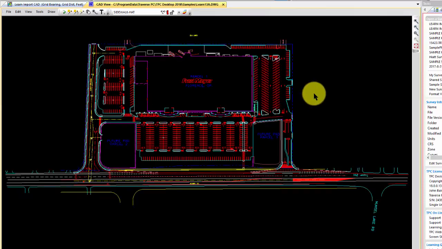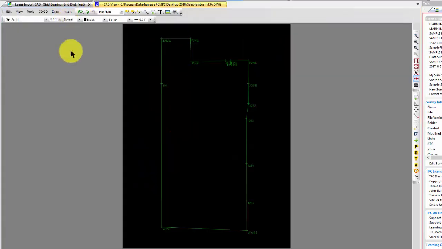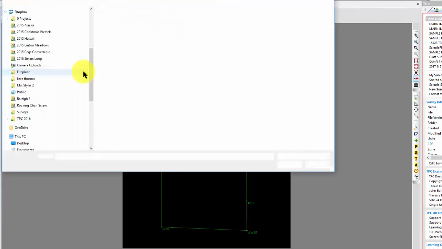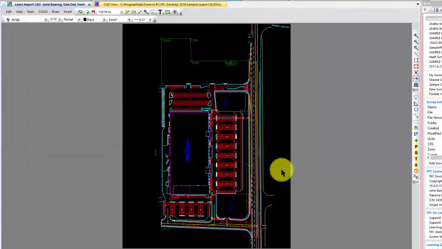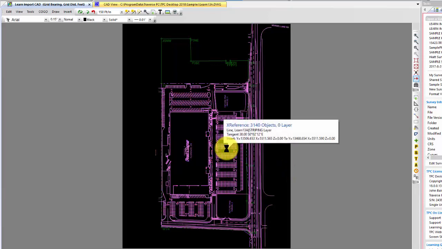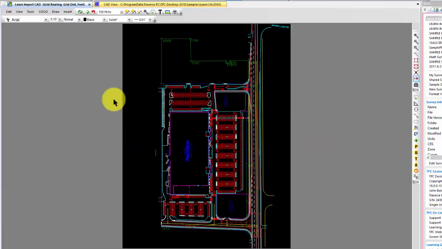It could come from anywhere. And we want to XRef this now in the drawing. So watch what we do. We're going to tell Traverse PC we want to insert an XRef. We go out and locate that file and choose Open. Traverse PC has now brought that in as an XRef. So if I put the cursor over this drawing, do you see how everything gets highlighted and it shows me that's an XRef? Well, of course, the great thing about XRefs then is that I can go into the original